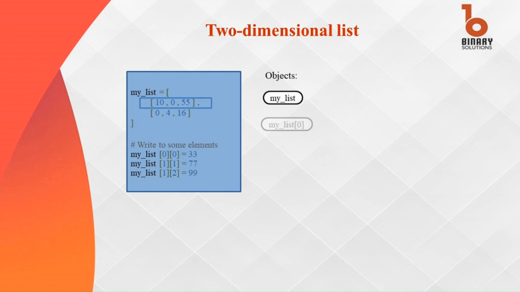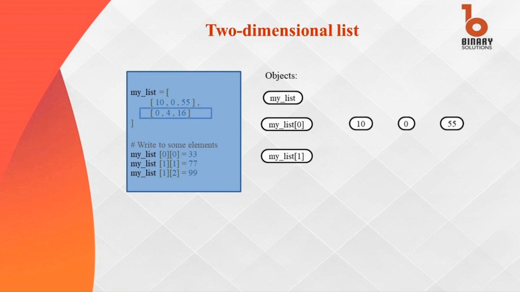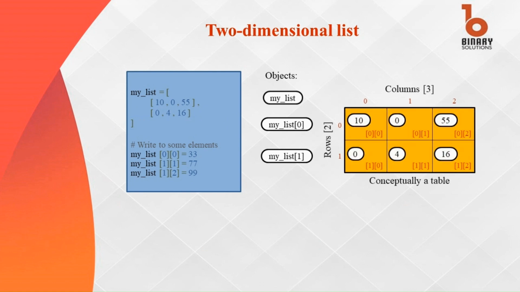For instance, myList[0][0] refers to the first element of the first row, which is 10, and myList[1][2] refers to the third element of the second row, which is 16. In the second step, elements in the two-dimensional list are modified. The value at myList[0][0] is updated to 33, replacing the original 10. Similarly, the value at myList[1][2] is updated to 77 and myList[2][1] is updated to 99. This example demonstrates how two-dimensional lists allow both access and modification of specific elements by specifying their row and column